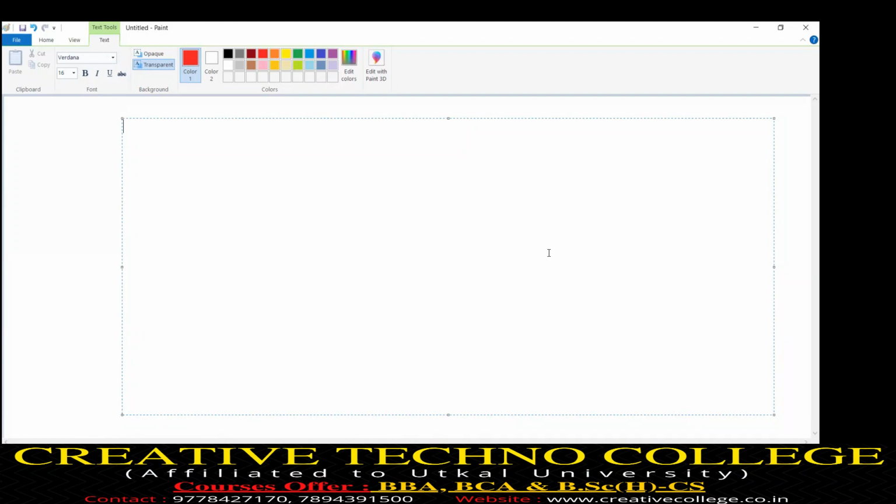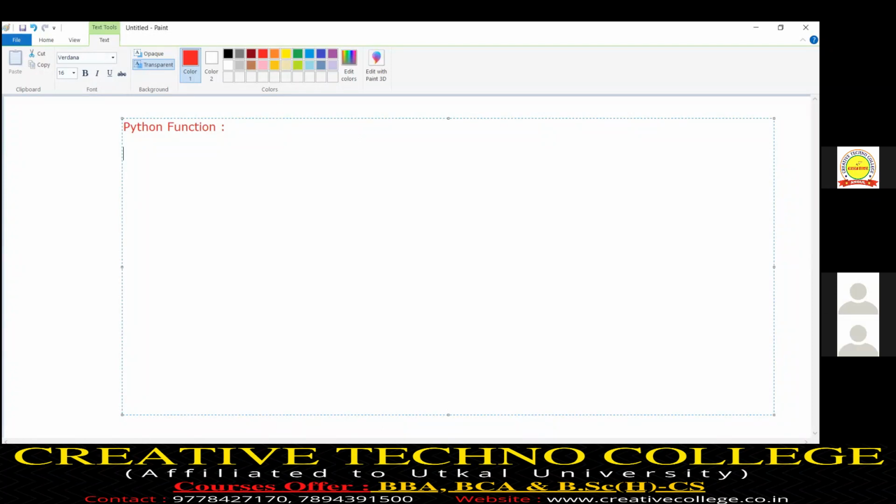Today we will go to a new topic, that is Python function. One of the important topics in Python programming before OOPs. From the beginning, one point that I have told is that a Python function is completely the same as a C programming function.